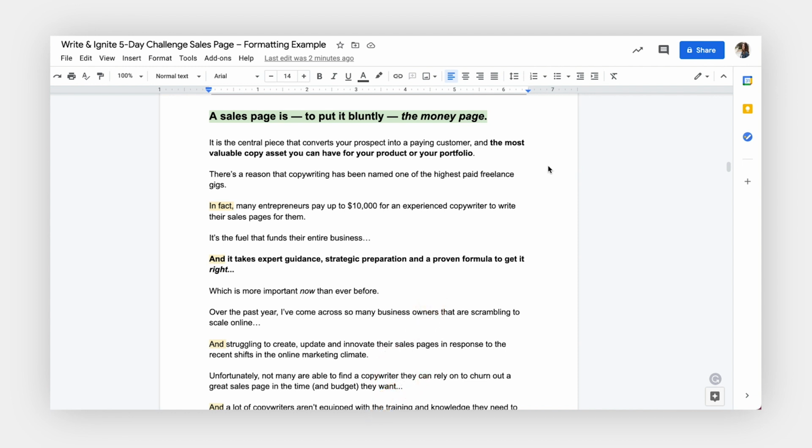So when it comes to readability, big walls of text are never a good idea. It's overwhelming to the eye and most people won't get past the first couple of sentences, or like me, they'll just skip over it altogether.